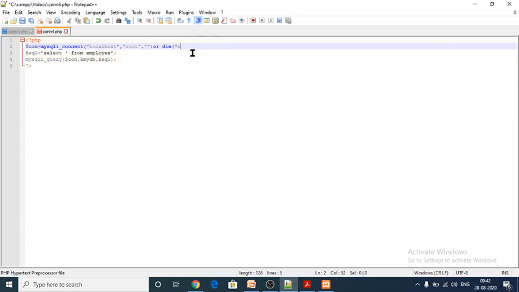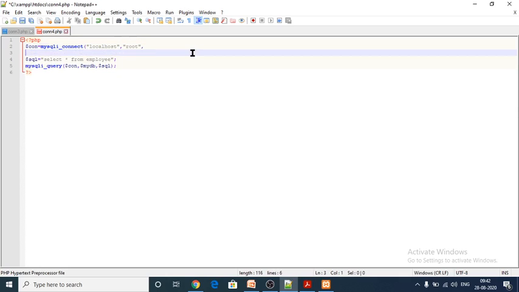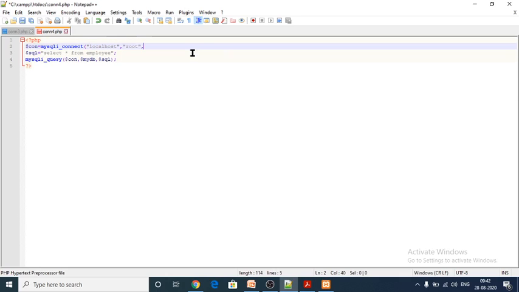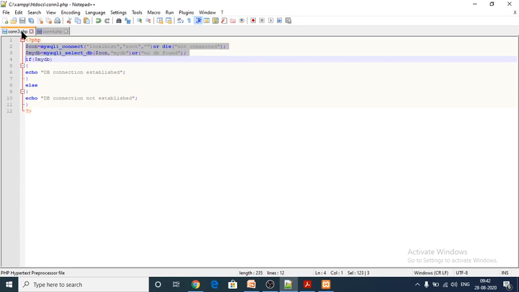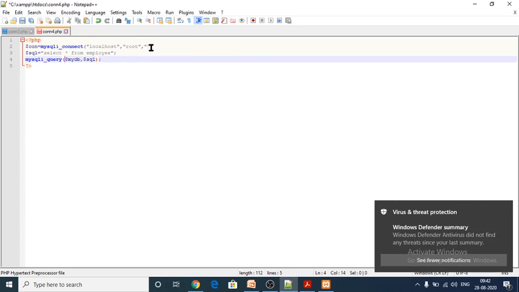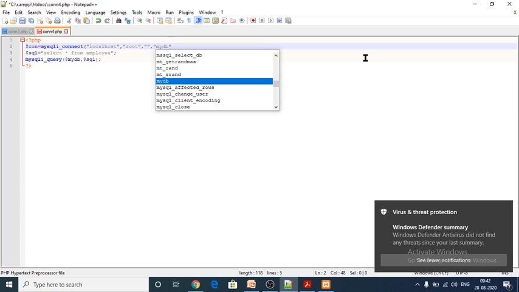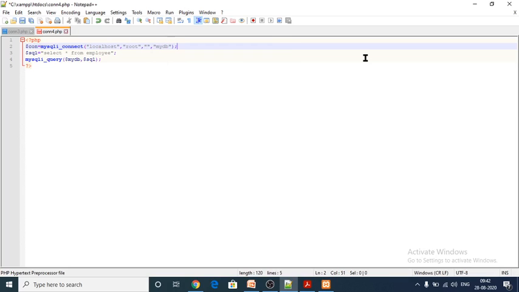See here, localhost, my, no password I'm going to give, and again here I have to give the database name. My database name is mydb. Here I have to give within the brackets mydb. Finally I have to close.